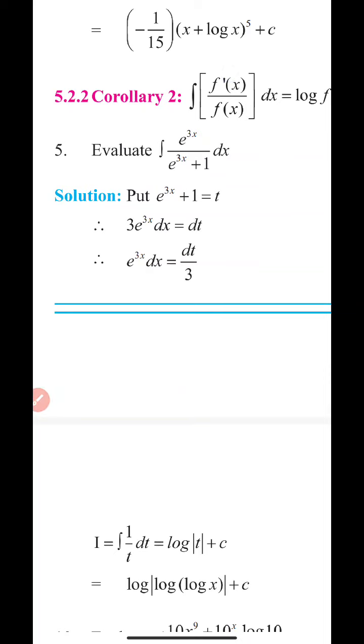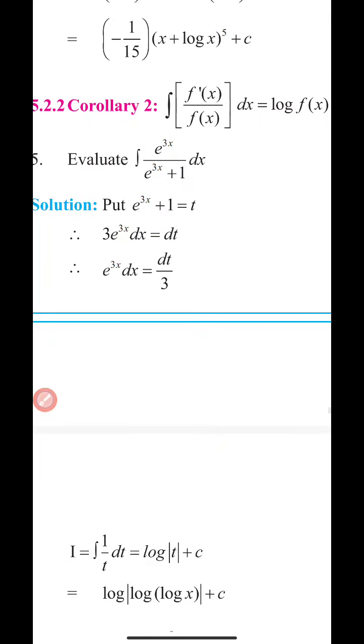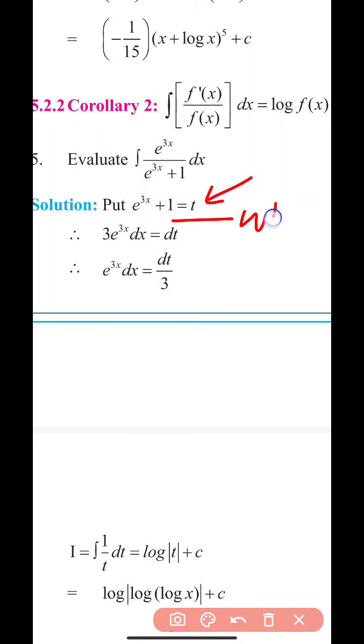So the first problem of corollary 2 is integration of e raised to 3x divided by e raised to 3x plus 1 into dx. It's a simple problem. So as I said, the derivative is going to be in the numerator only. So we have to see if this fits as t or not. Now what they have done, they have put this as t, then they derived it with respect to x. So differentiation is being done with respect to x. So what they have got,